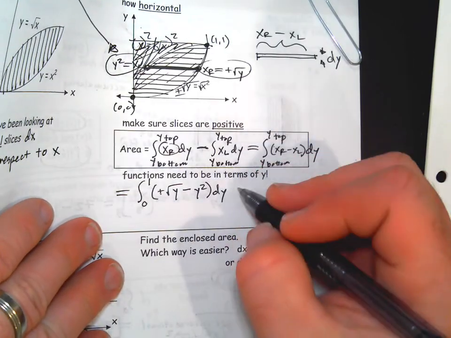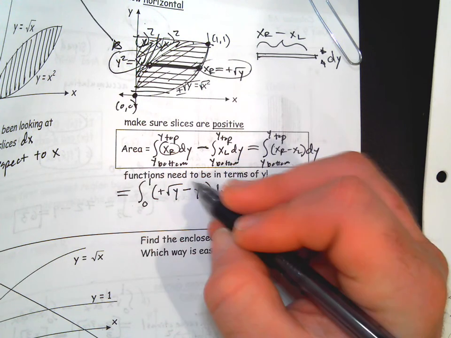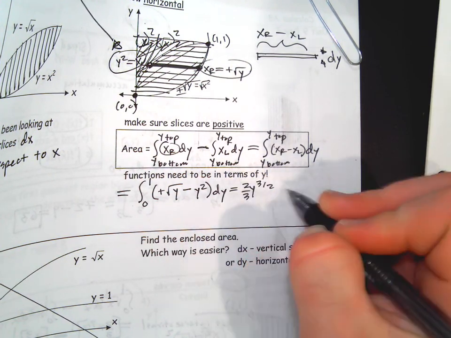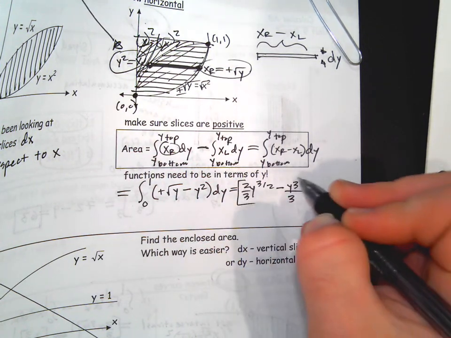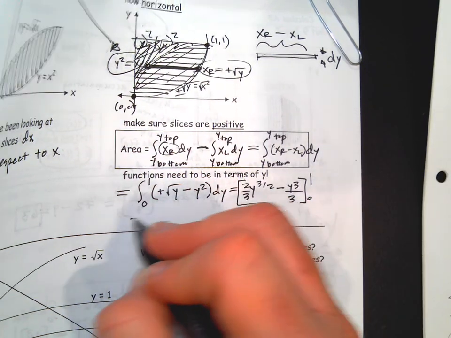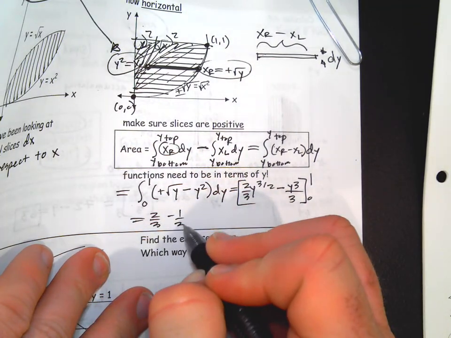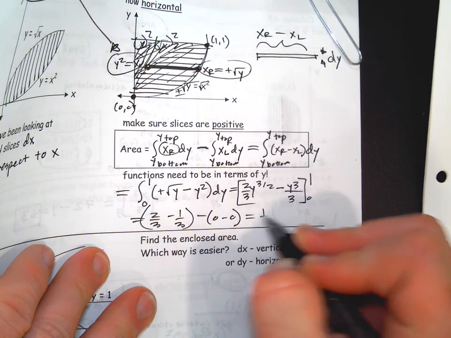This is going to take a while to get used to. So that's going to be y to the 3 halves divided by the new exponent 2/3 minus y cubed over 3. I'm going to plug limits in. We're going to get 2/3 minus 1/3 minus 0, and the answer comes out to 1/3,